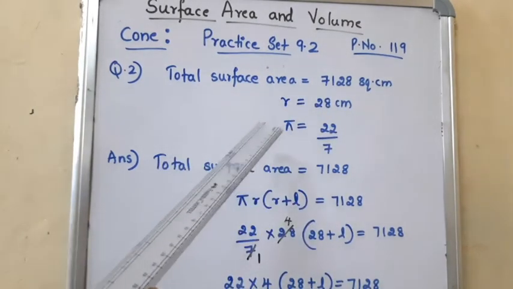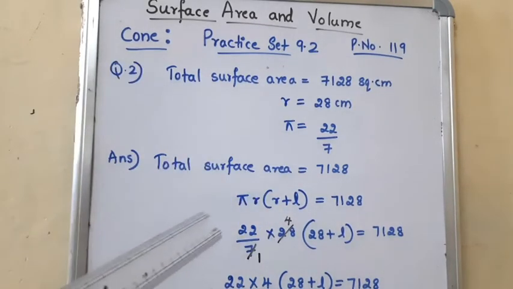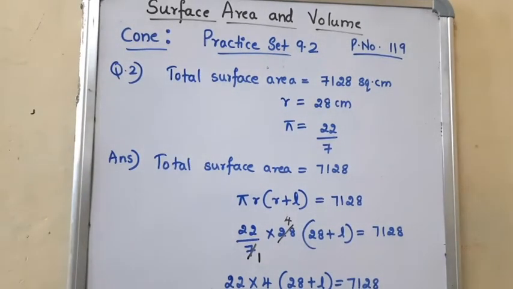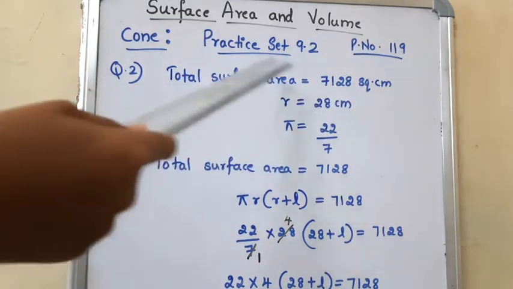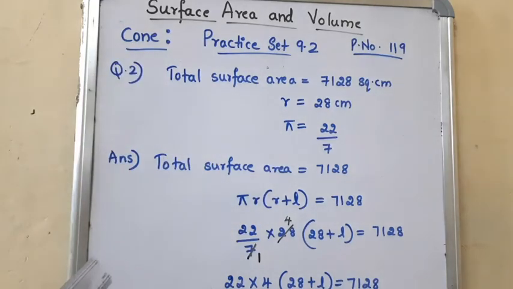And using this we will find slant height. Therefore, in the next step, using radius and slant height, we can find the perpendicular height, which is h. After finding the perpendicular height h, we can use it for the volume of the cone. Then we will find the volume of the cone. First, we have to write the given things. We have already discussed that. Now let's come to the main answer.